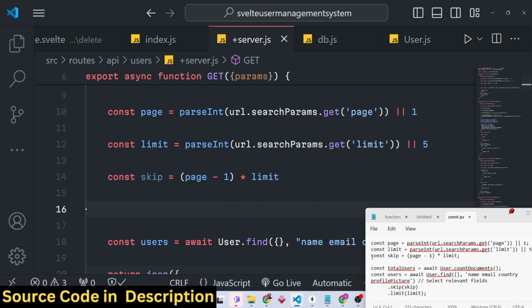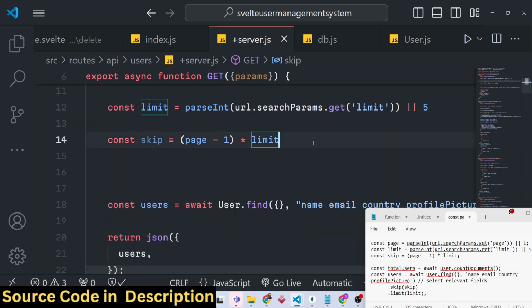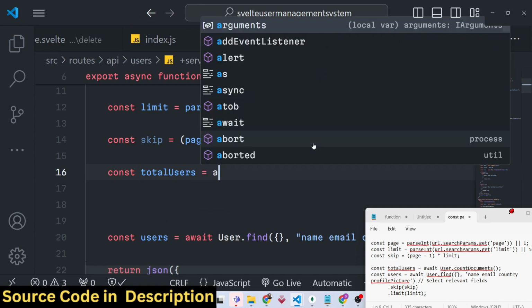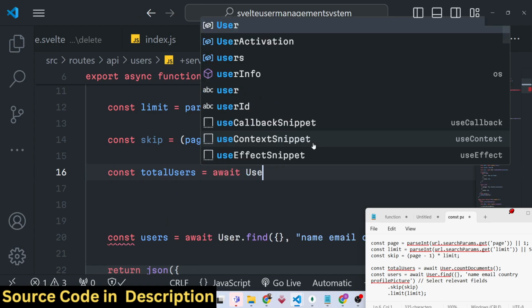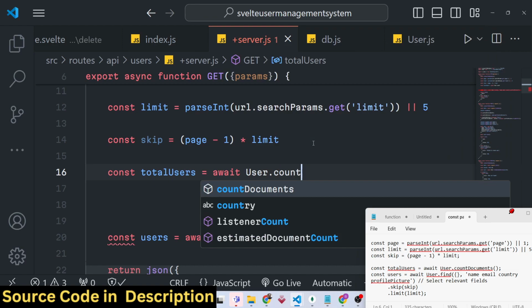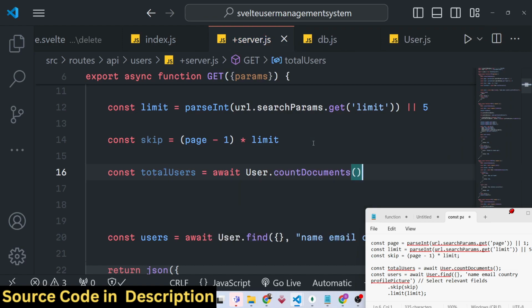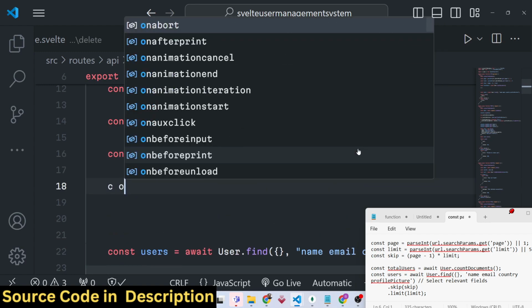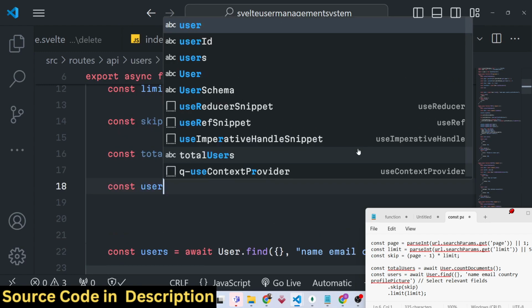So after this, guys, we need to actually calculate the total number of users which are returned. Mongoose does provide us a method right here, countDocuments. This will actually return the number of users based upon these conditions. So it will actually return the total number of users which are present in the table, and based upon that we can actually say